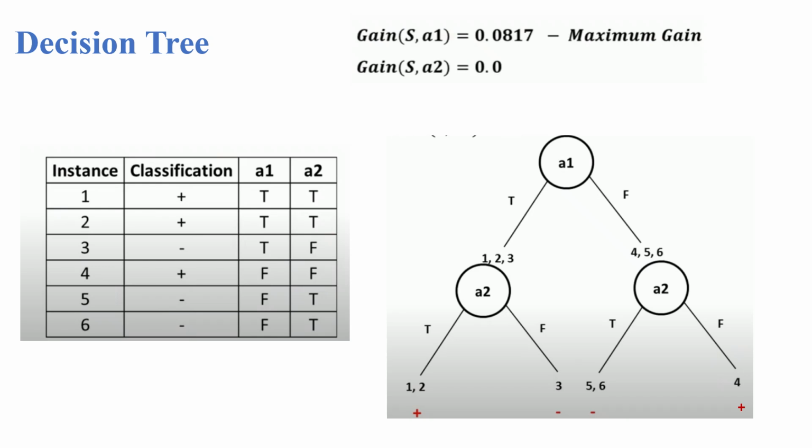So true, false, like that we are splitting from the root node. If you split like that, 1, 2, 3 will be coming under the true category and 4, 5, 6 will be coming under the false category. Then the next attribute A2 we are going to take for each